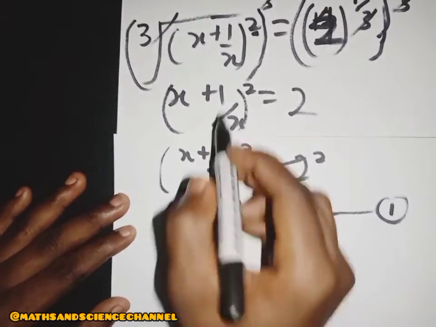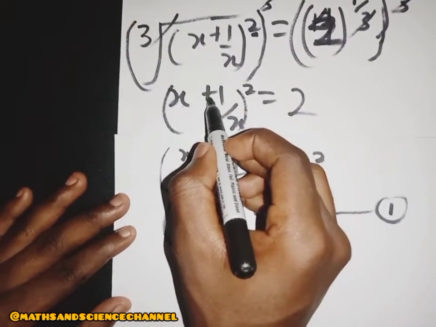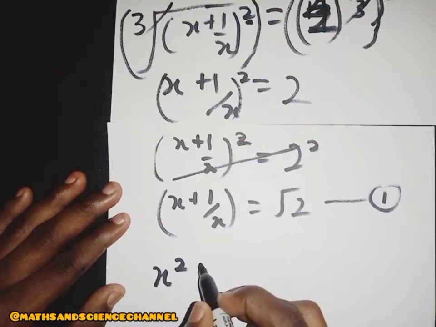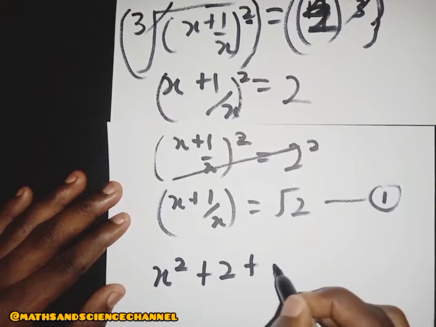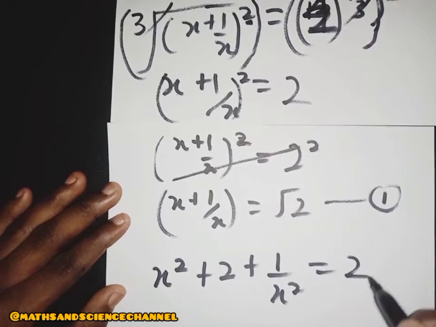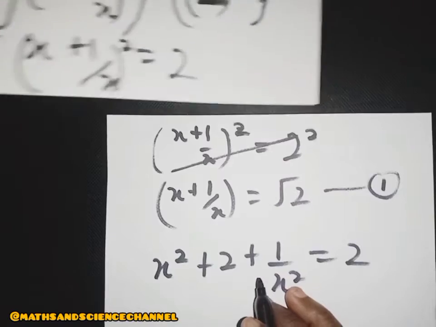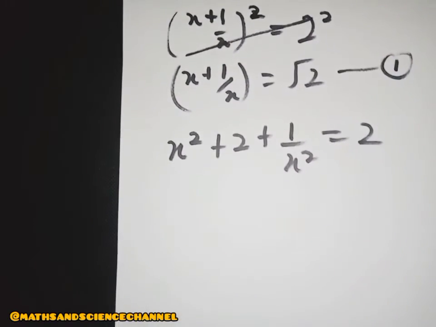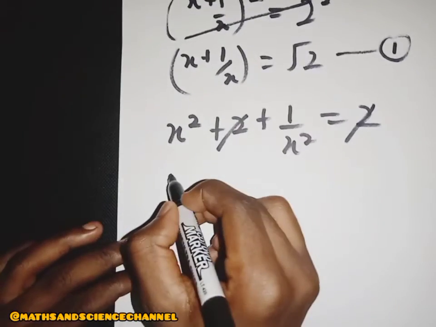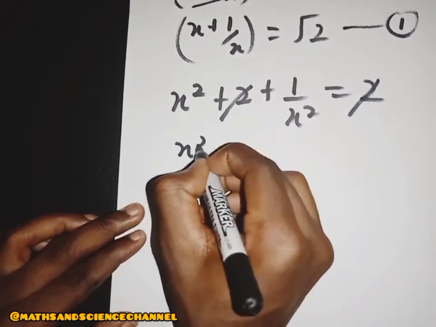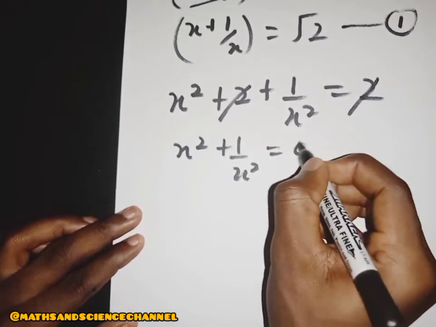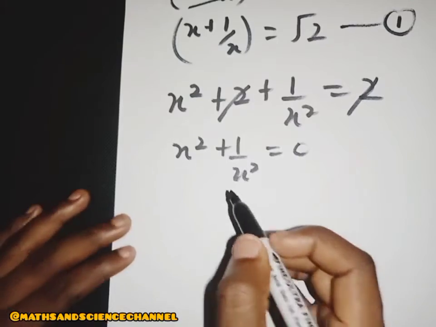So now we have expanding s plus 1 over s squared here, we just have our answer to be s squared plus 2 plus 1 over s squared in this case, and this is just equal to 2, right? Now realize that from here, this 2 gets rid of this 2 here, and then what we are left with is just our s squared plus 1 over s squared being equal to 0, right? And then from here